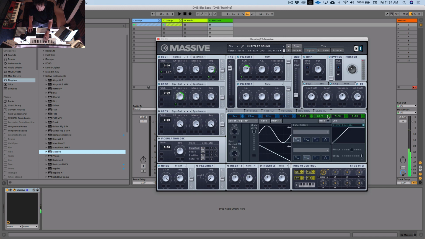Could even chuck an LFO, the 6th one, on the high shelf to really push the highs up as it opens up. Just got to figure out which way is actually up. Alright, that's the basis for Massive, but now obviously we want to make this really crank, and this is where